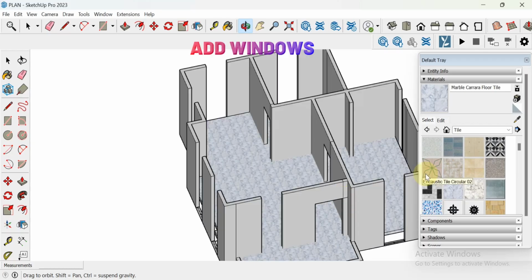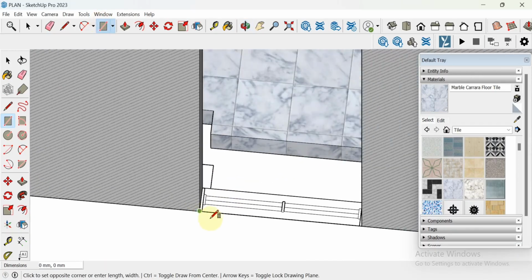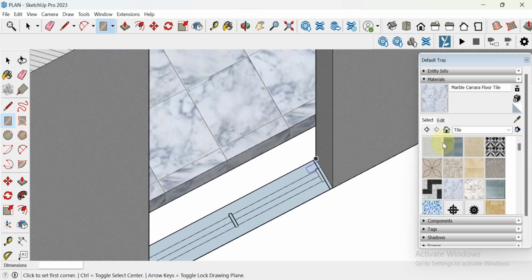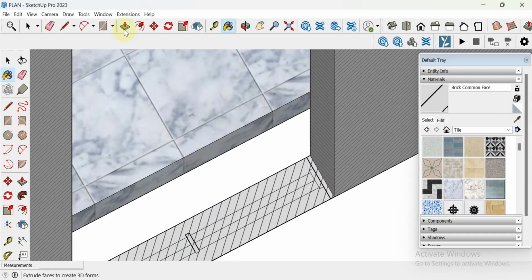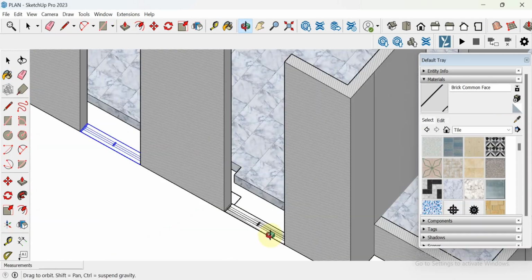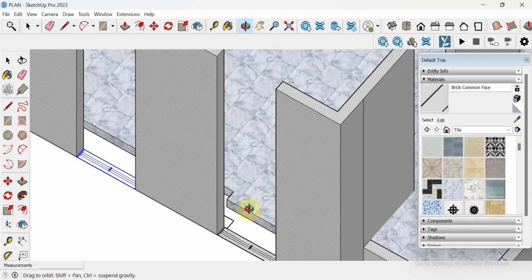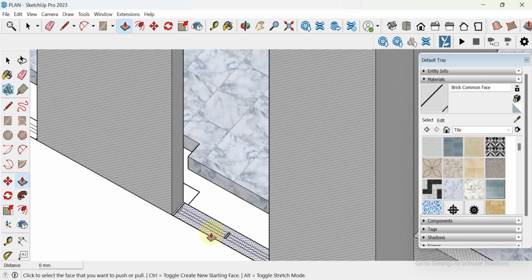Step 6. Add windows. Now use the rectangle tool. Pick a point from here down to here. Now we've created a face. Apply a material. We are going to determine the height of the window. The height of the window is 1500. So which means the sill height from the DPC will be 600. From this point to the DPC level is 600 too. So we'll have